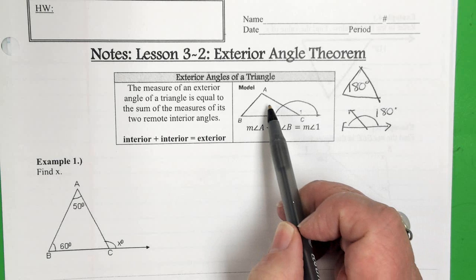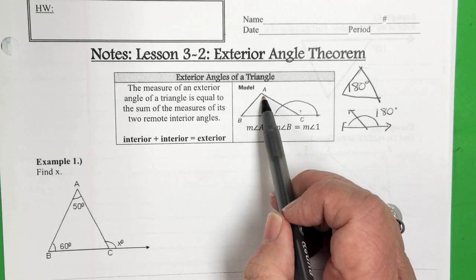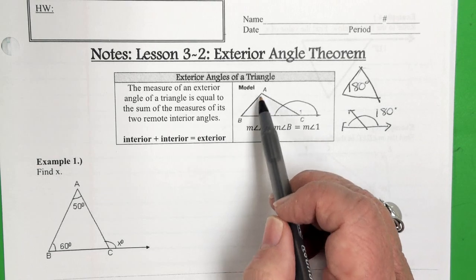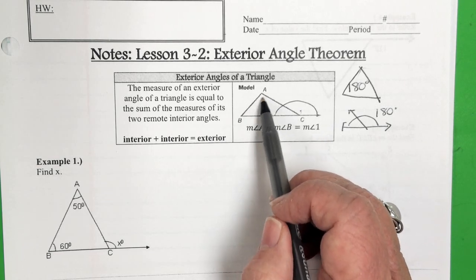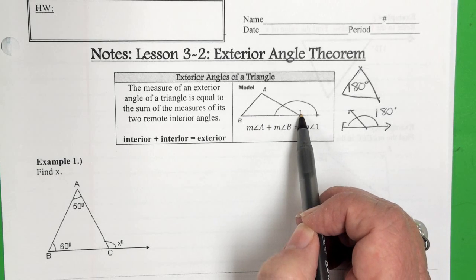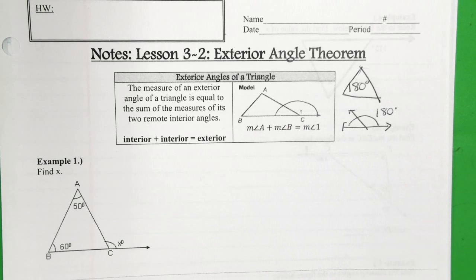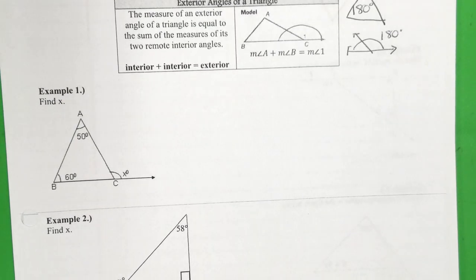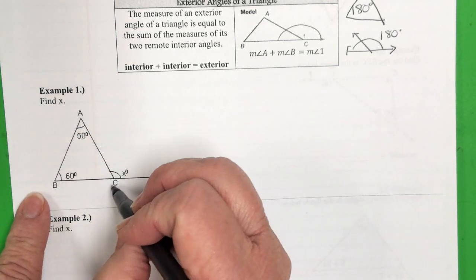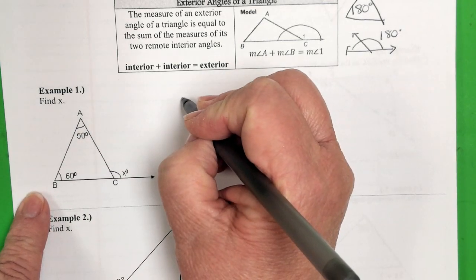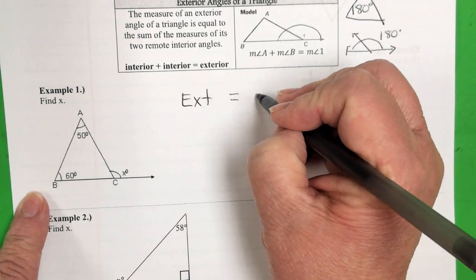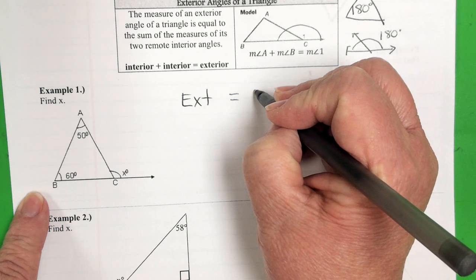equal to the two remote interior angles added together. So the sum of the remote interior angles is equal to the exterior angle. We're going to set up our equation. We're looking for the exterior angle, and in this drawing, that's x. So exterior angle equals the sum of the interior